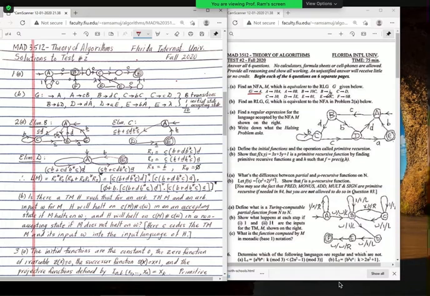So what is this for? This is telling you what the grammar is. And as soon as you see the starting state is A, you know,